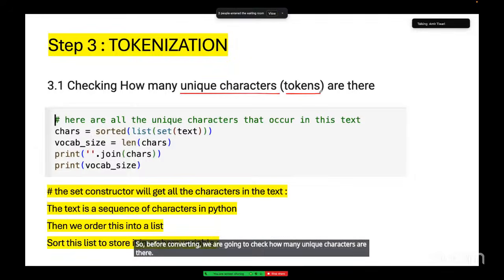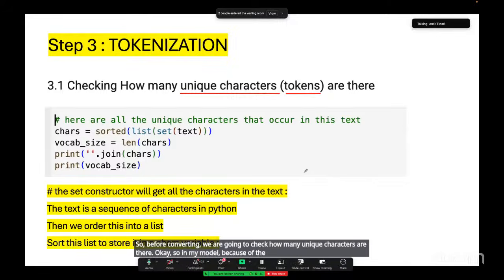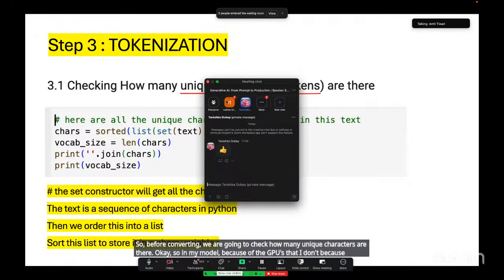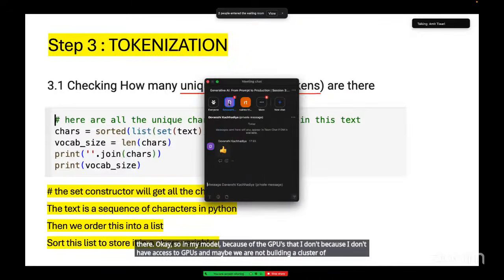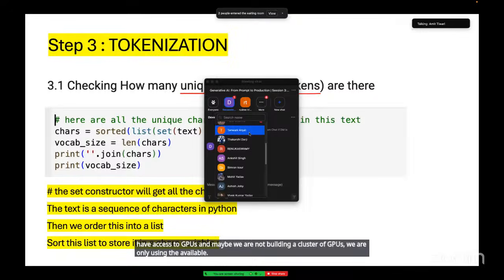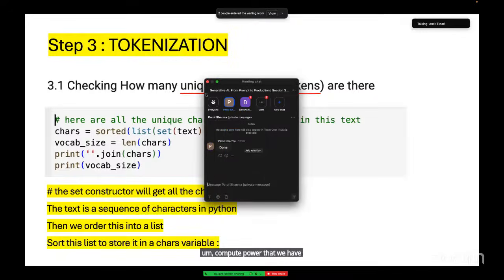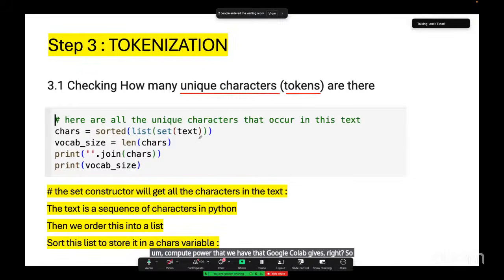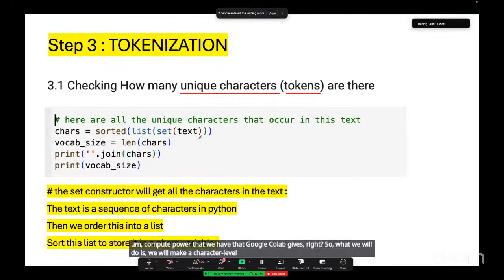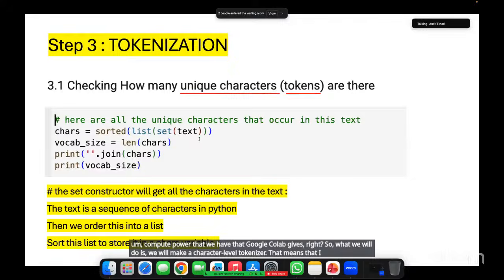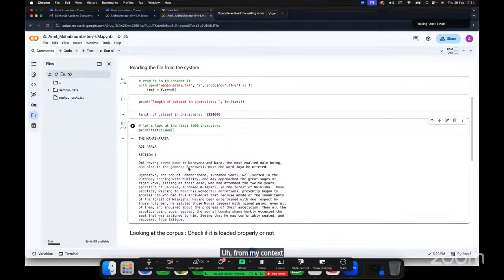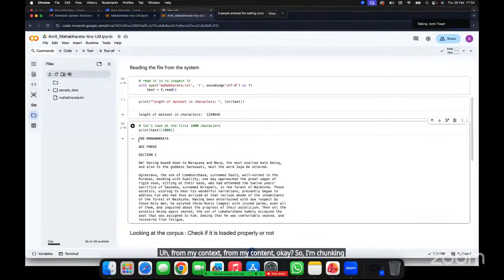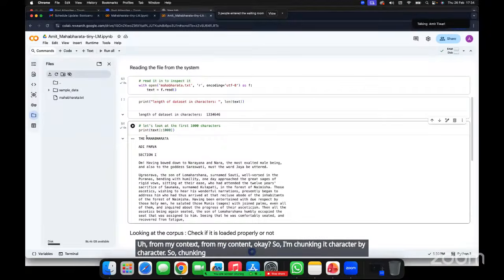In my model, because I don't have access to GPUs, and we are not building a cluster of GPUs, we are only using the available compute power that Google Colab gives. So we will make a character level tokenizer. That means I am chunking all of these characters out from my content, character by character. So chunking it T-H-E, then space, then